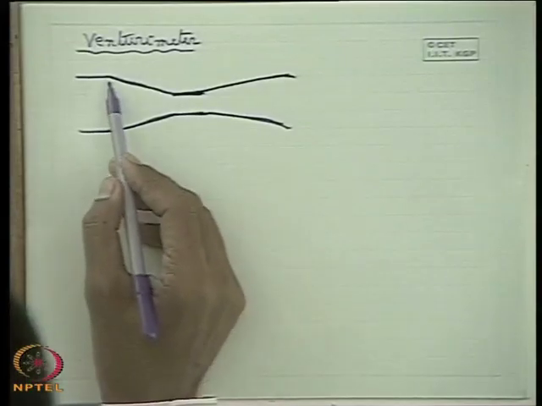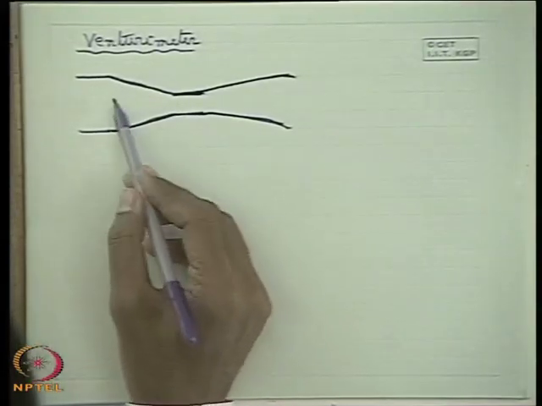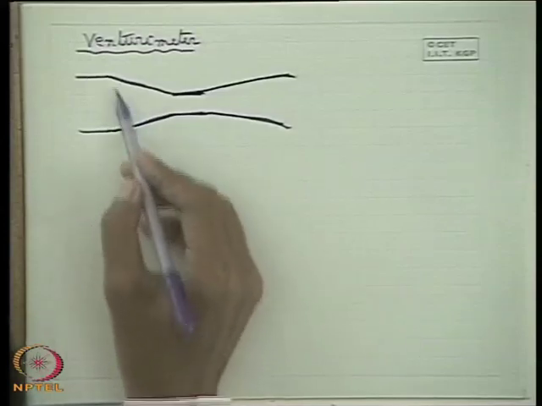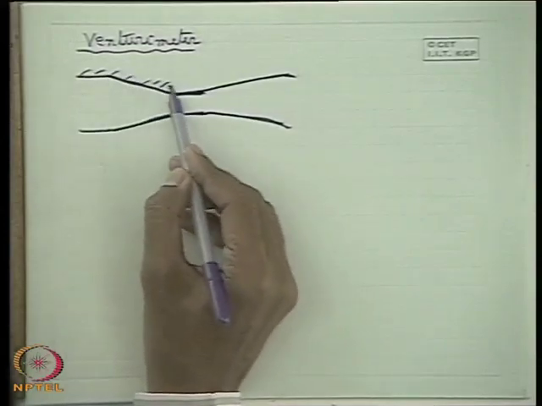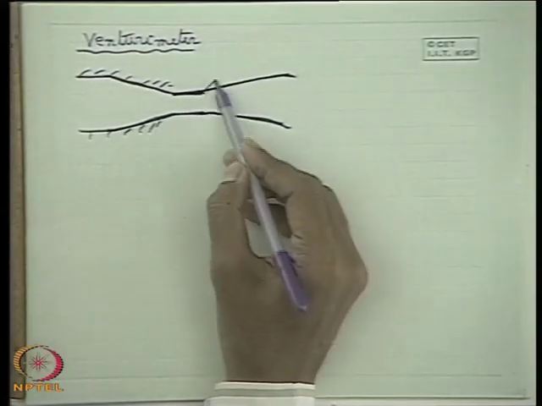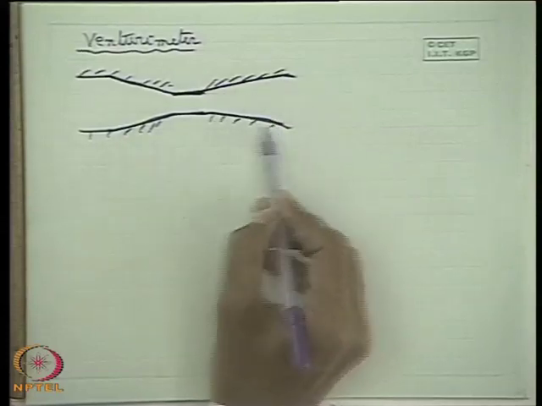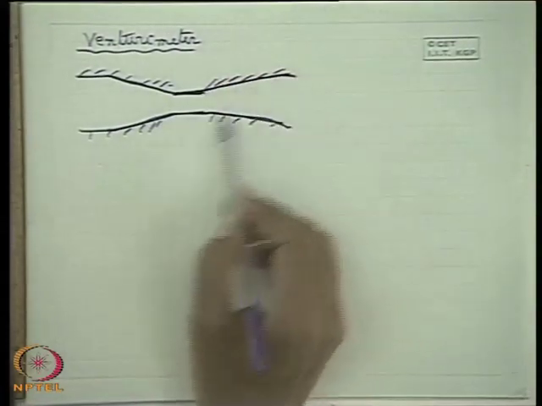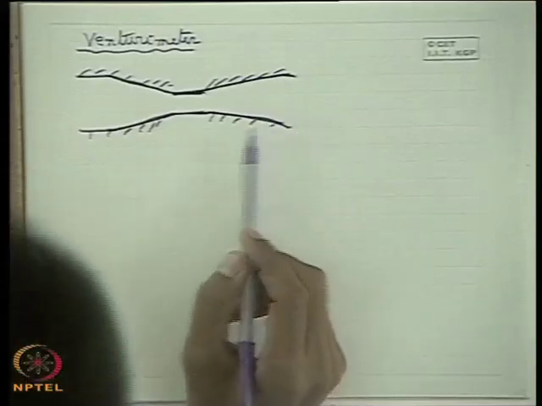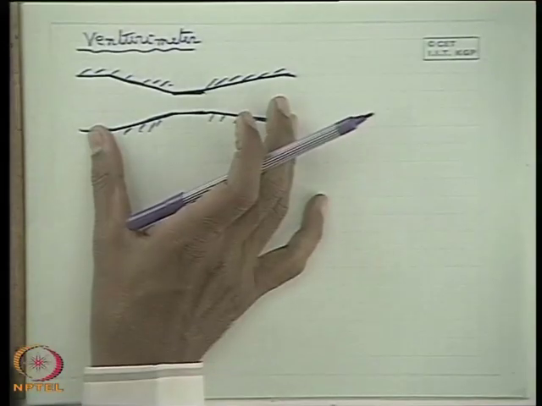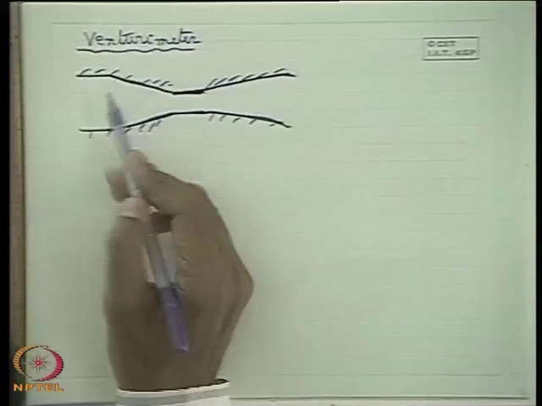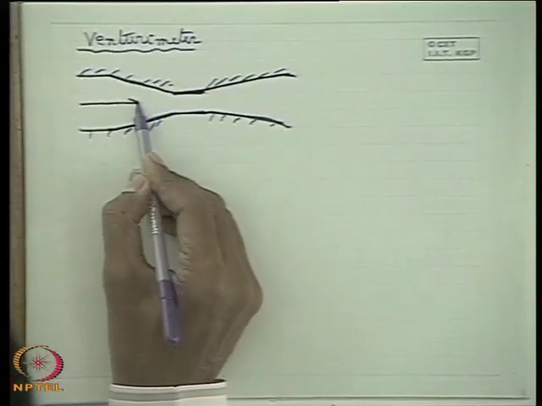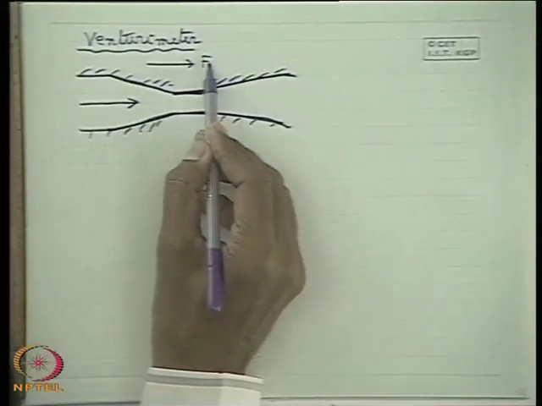Now, the characteristic feature is that one conical part is of shorter length. That means this one is of shorter length, this part. Whereas another conical part is of higher length. That means this cone angle is high, whereas this cone angle is low, of higher length. Usually this venturi meter is installed in the fluid flow path in this way that the flow direction is like this. This is the direction of flow.